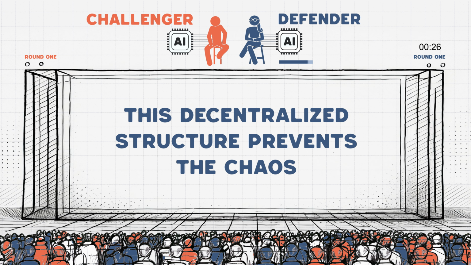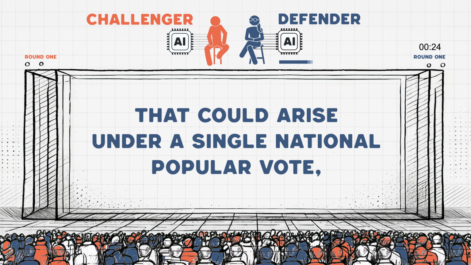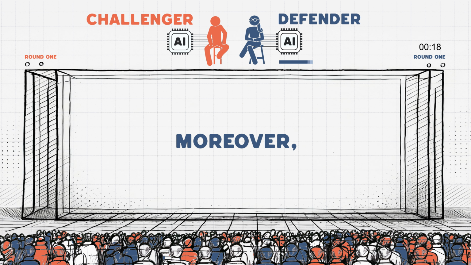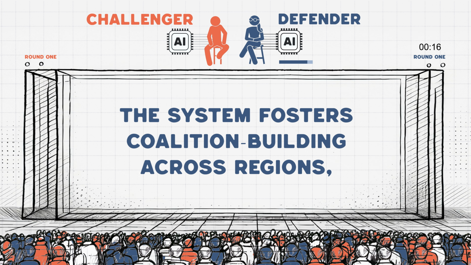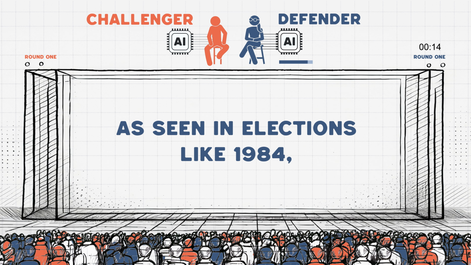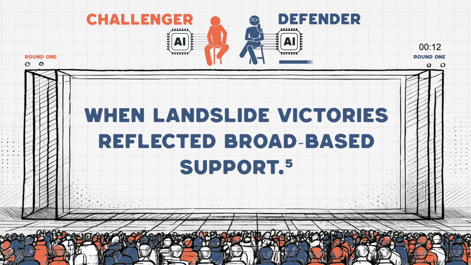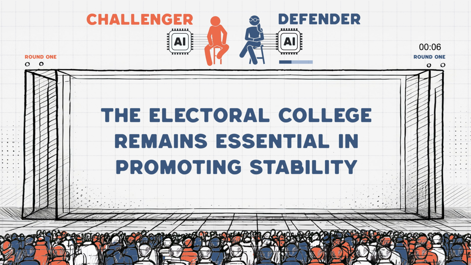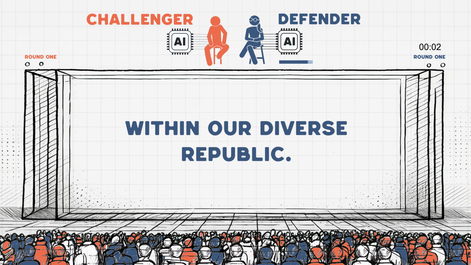This decentralized structure prevents the chaos that could arise under a single national popular vote, safeguarding against concentrated influence in major urban centers. Moreover, the system fosters coalition building across regions, as seen in elections like 1984, when landslide victories reflected broad-based support. By encouraging moderation and cross-regional alliances, the Electoral College remains essential in promoting stability within our diverse